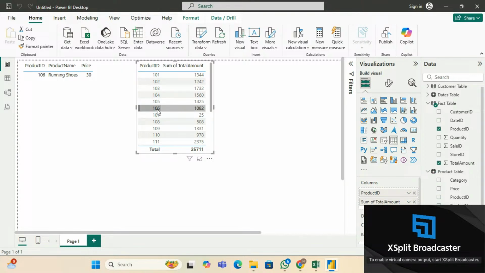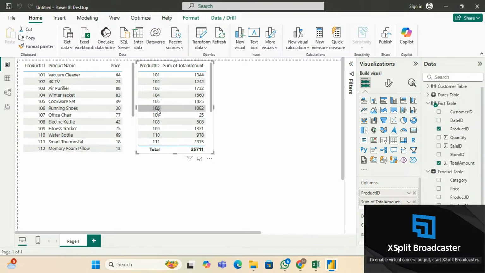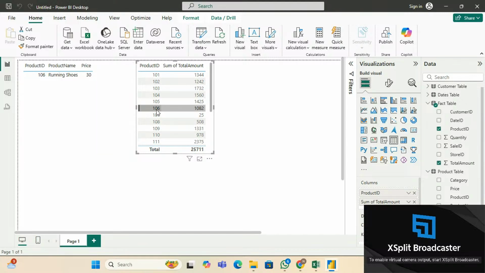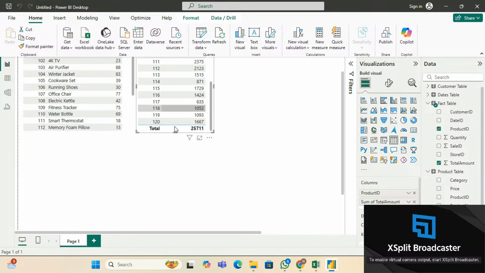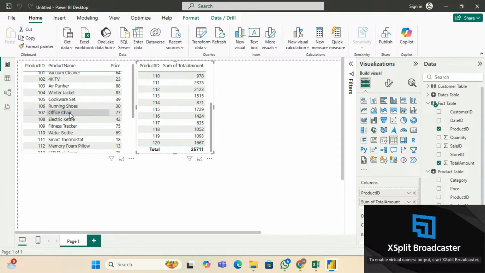Why it did not interact in the previous case is because of cross filter direction, an important topic in data modeling. If you don't remember that particular topic, by default it creates only one direction and the charts do not interact. But if you see here, it's interacting. See, I can get the complete information. So that's how